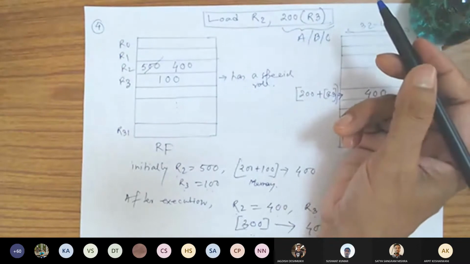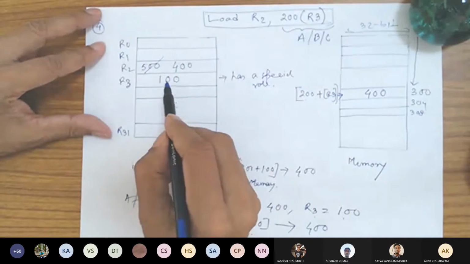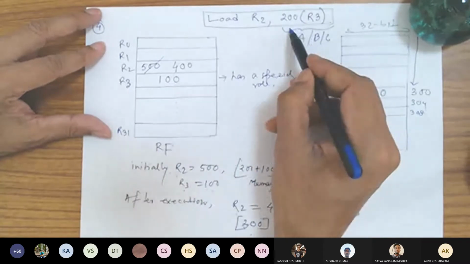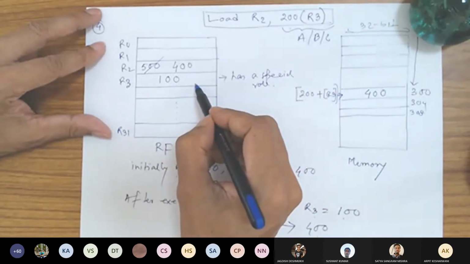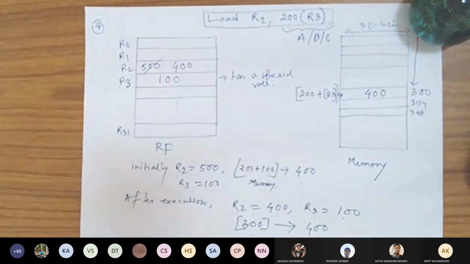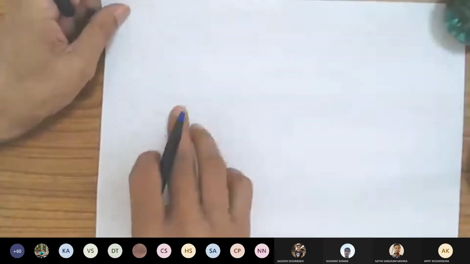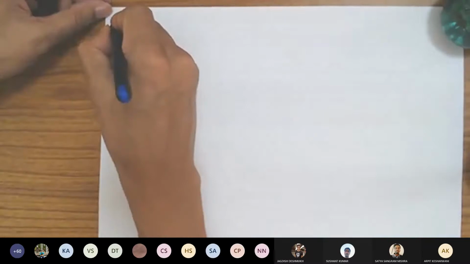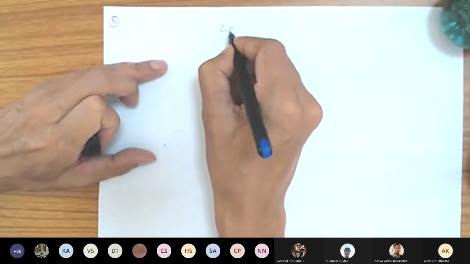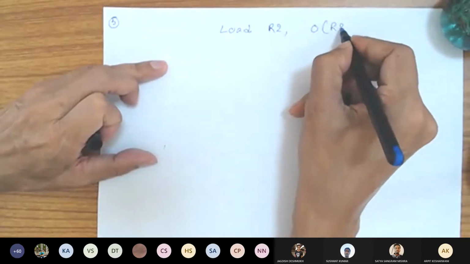How are these addresses calculated in RISC processors? Like this. There will be one base address and there will be an offset. If you would like to directly access the first location, the base itself is a variable. If the base itself is a variable, then what will be the format? Can someone suggest? I gave an example, if the base is a base of an array. But if the base is a single variable, then you can do like this: load R2, 0, R3. That's it.